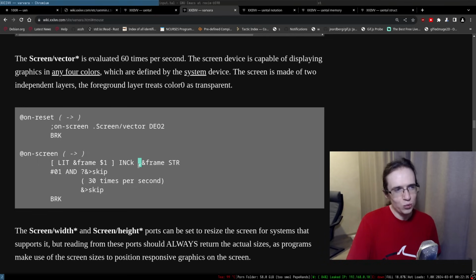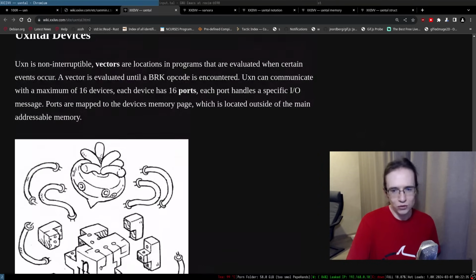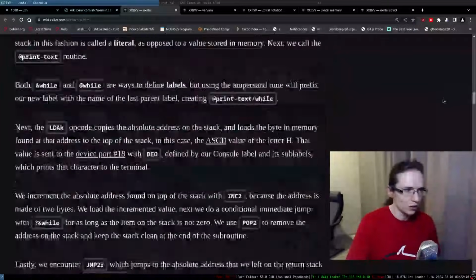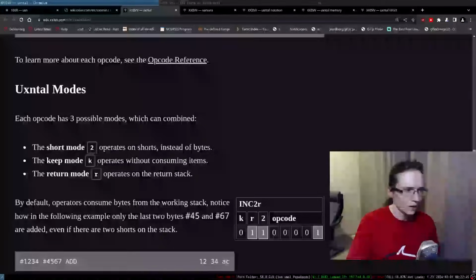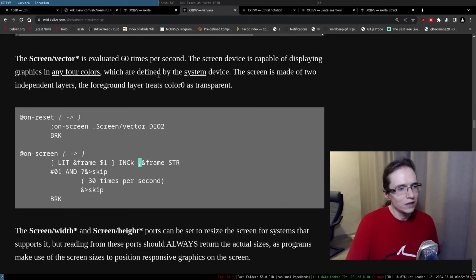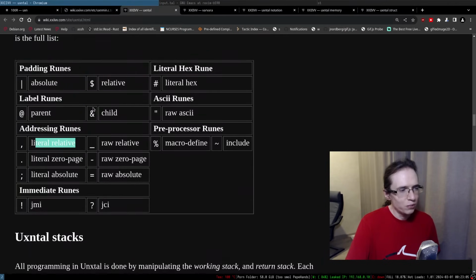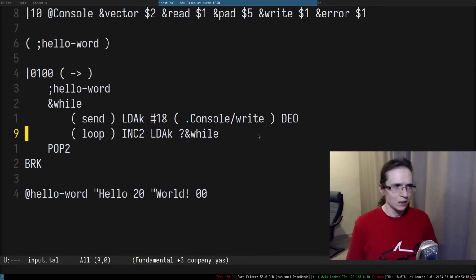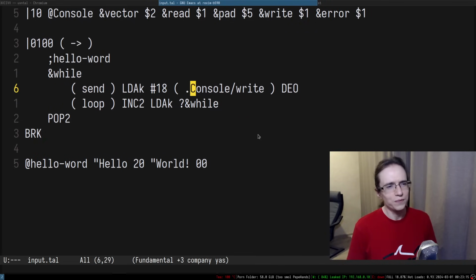There's also these things which I kind of vaguely remember, so there is an explanation of what they are. I need a map of these things yet again. So what are the commas? It was somewhere at the, yeah, here they are. So literal relative, right? And this is what we see in here. Frame. Okay, so literal relative. This one is weird. There's something about the brackets that I do not fully understand, but maybe we'll figure it out. Anyway. Oh boy. So this is basically hello world.